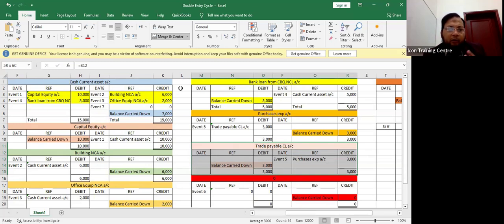So a ledger account will always talk about a few things, four things. Number one, which particular account you're talking about, which kind of movement